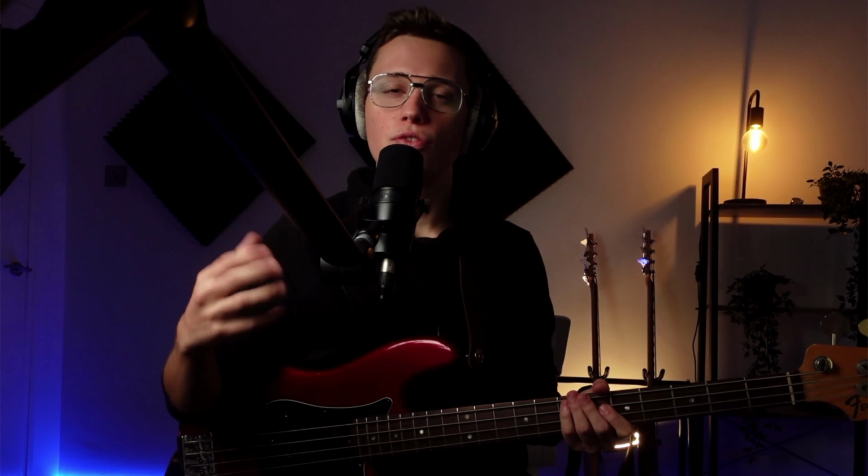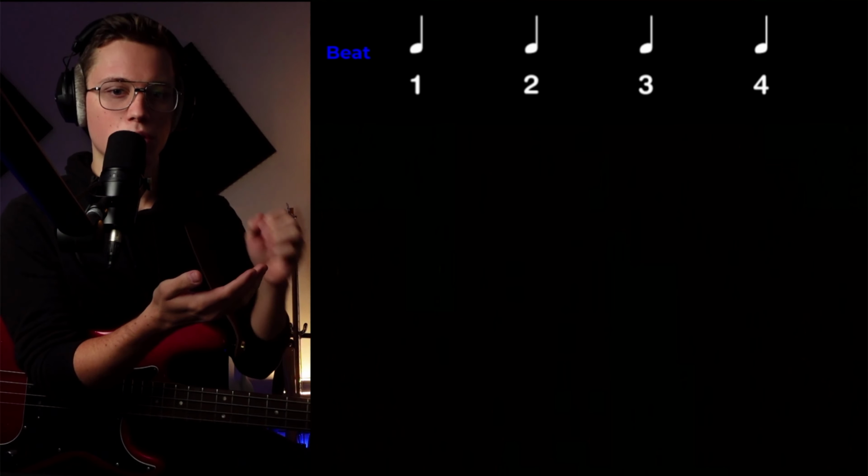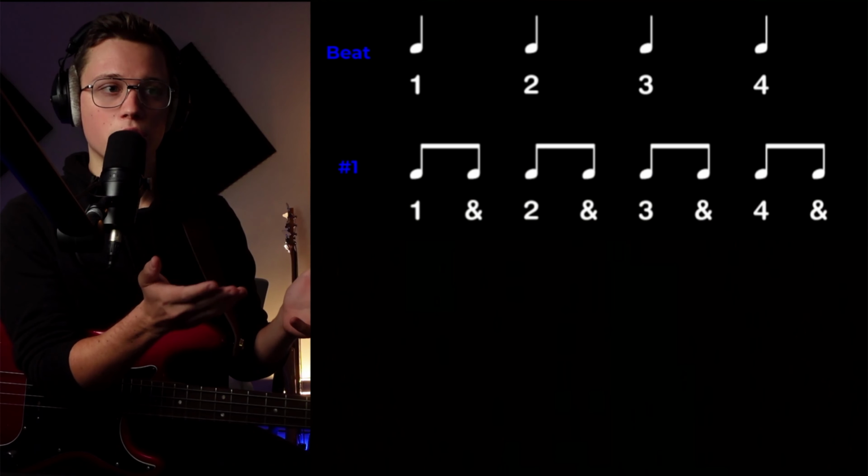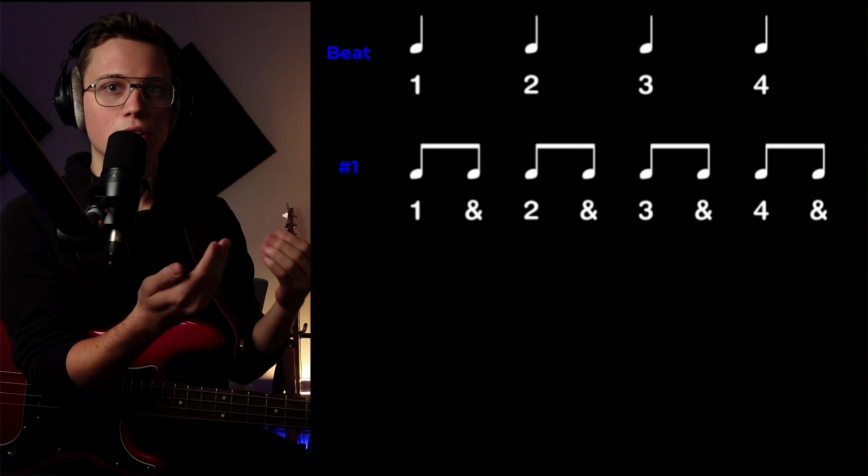So step 1 is subdivision grids. You actually have to work out what the underlying subdivision grid is for the song or the bass line. And there are really 3 subdivision grids that you need to be aware of. There's the 8th note grid, where you divide the beat up in half. So if we have 1, 2, 3, 4, an 8th note grid is just 1 and 2 and 3 and